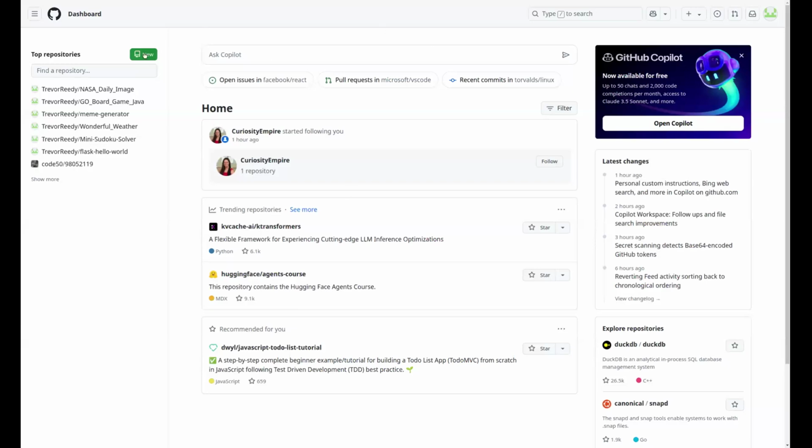So we have that local Git repository initialized, but we don't have anywhere to push it to. So you see now I'm back here on GitHub. And what I'm going to do here is make a new repository. You can name it whatever you would like. I'm going to name this one GitHub demo. And I'm not going to add a README file or anything like that. I'm just going to create a blank repository.